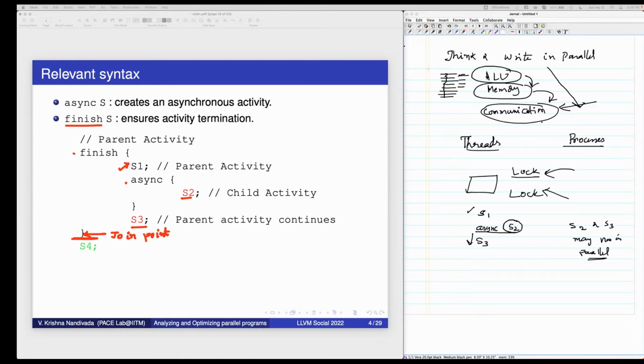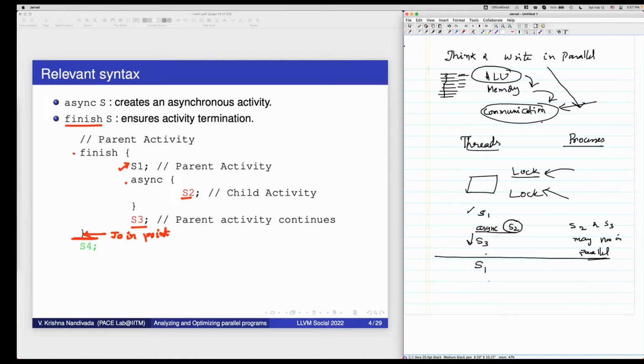So with this syntax, how would we represent, let's say I would have another statement S4, and I want that to be in async. Would you just put it in the async block along with S2, or would it be another async and S4? So it depends. What do you want the code to run in parallel with? Do you want that code to run in parallel with the S2 part, S3 part?